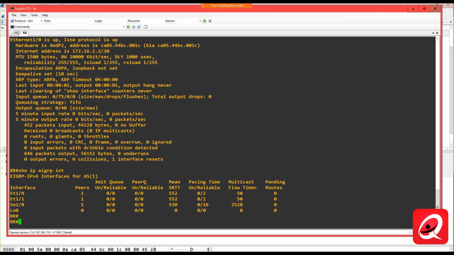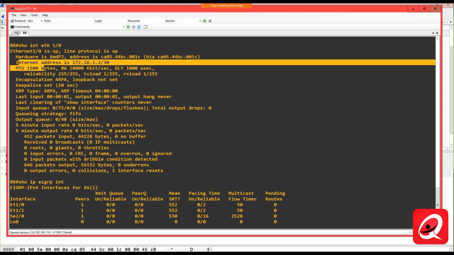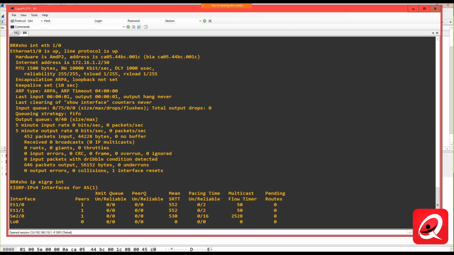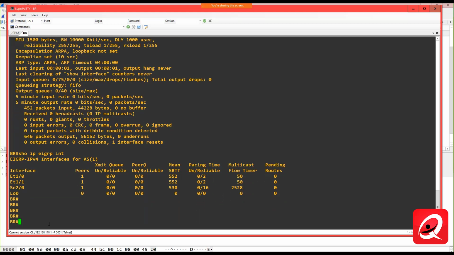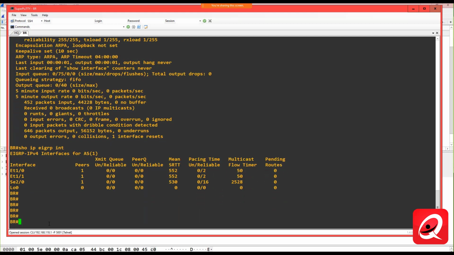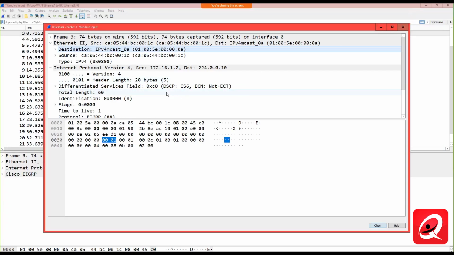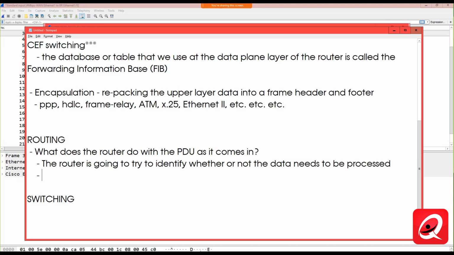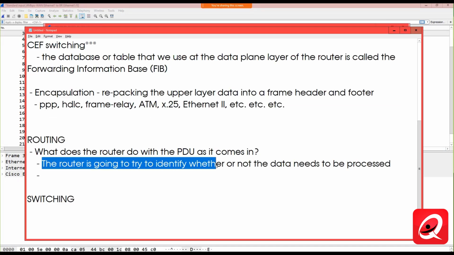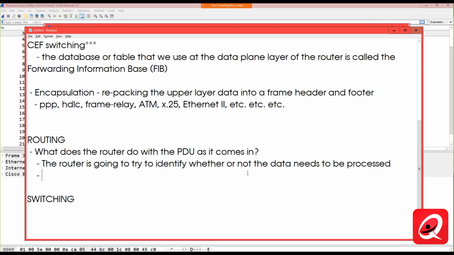If this was IPv6, I could do the show IPv6 interface brief, and I would see that the router has joined the multicast group FF02::A. We can't really see that here, but if I did a debug IP packet, of course, I would see those EIGRP hellos coming in and being processed by the router. My point is, the first thing that the router is going to try to do is say, do I need to process the data? Once I decide the data needs to be processed,